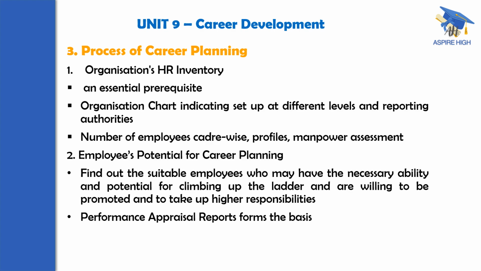And first and foremost thing is the organization chart. What does it indicate? It clearly spells out who is at the top and down the line who is reporting to whom and what is till the lowest rung of the employees. That way, once a person looks at the organization chart, he can easily understand what are the various steps in the career path up the ladder and also for different streams in the organization.